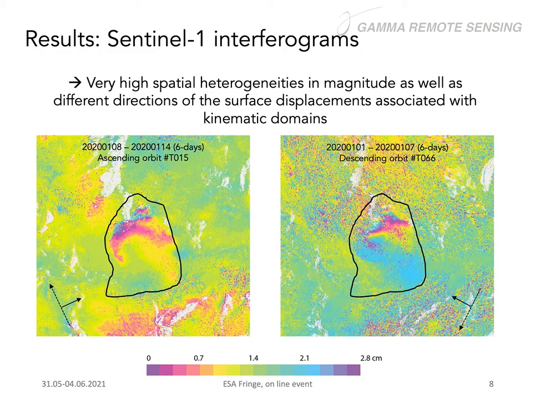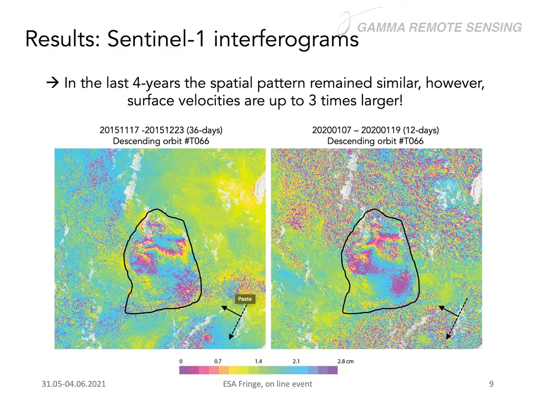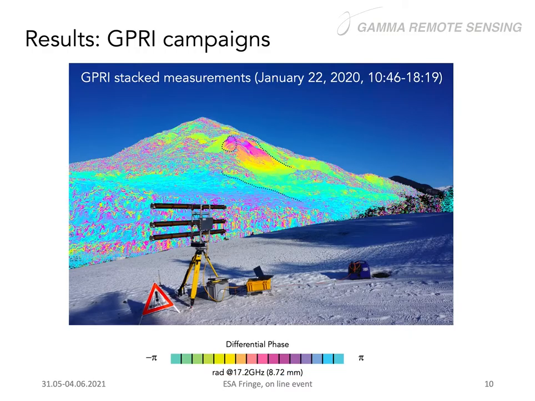So just very quickly, what is possible to see is that there is a high spatial variability of the surface deformation while analyzing ascending and descending data, which was expected. It's also possible to see, comparing in different periods, that there is an increase up to 3 times of the deformation of 2015, which is also very important to know and was not possible to see with persistent scatterer interferometry. By using ground-based radar, we could also image areas that were in shadow or in layover from the satellites, also recognizing additional locations that are affected by deformation.